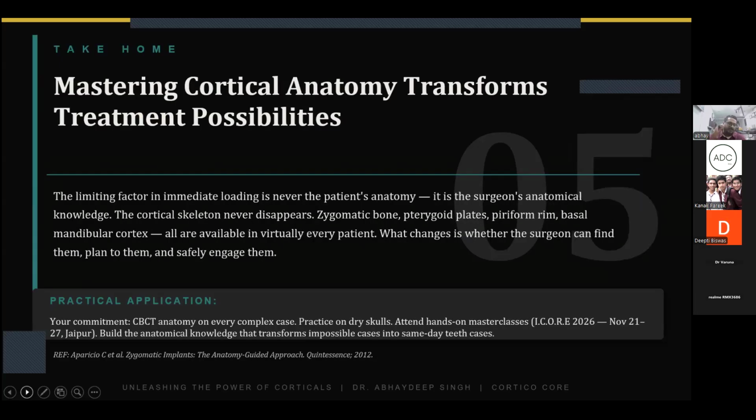Okay. So you transform your treatment possibilities. You master the science of cortical engagement. You learn the anatomy of corticals. You need to understand the importance of training, because if I ask an implant surgeon who is placing two-piece implants to place these basal or cortical engagement single-piece or two-piece implants and go for immediate functional loading, he or she might not be able to understand the concept, and